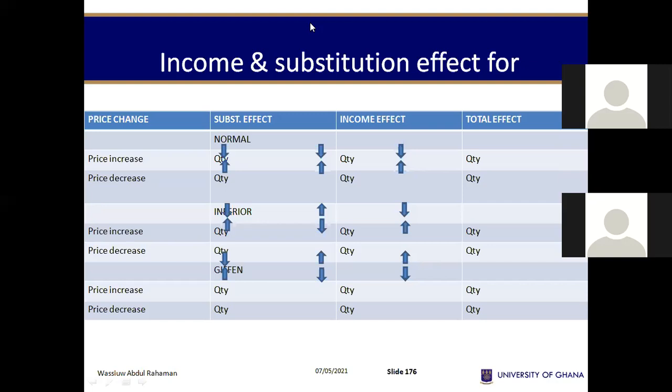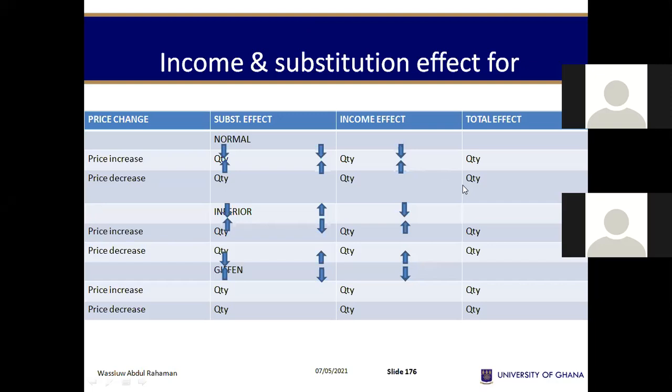Now for inferior goods, although income effect is positive, that positive income effect does not outweigh the negative substitution effect. That is why we still have inferior goods having a downward sloping demand curve. But for Giffen goods, it outweighs it. So that's why a Giffen good has an upward sloping demand curve. I have a hand up. So Roger,